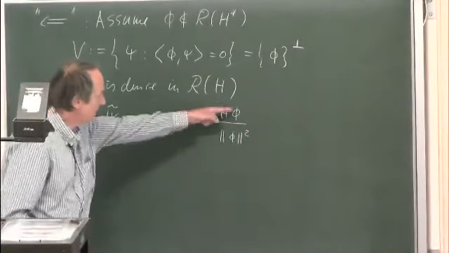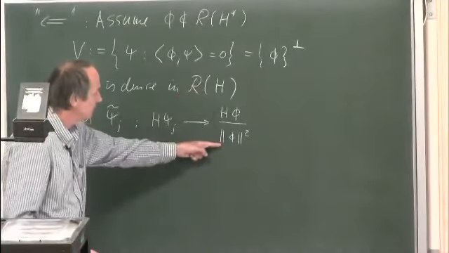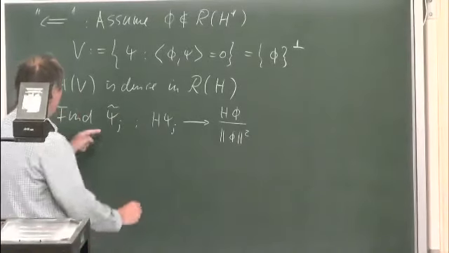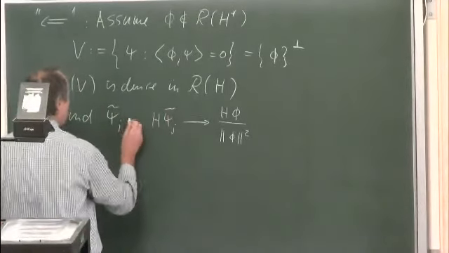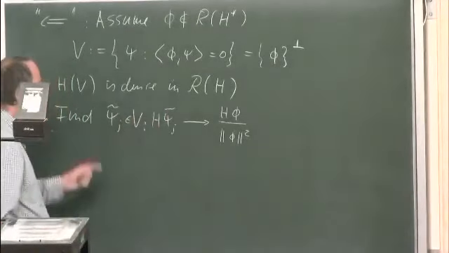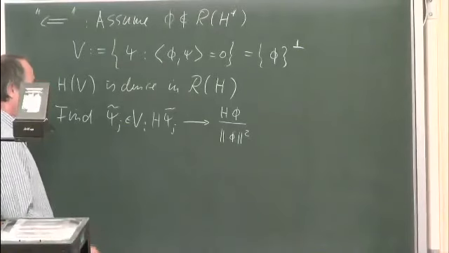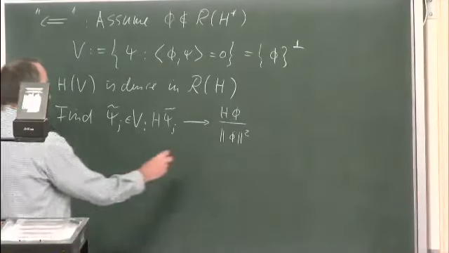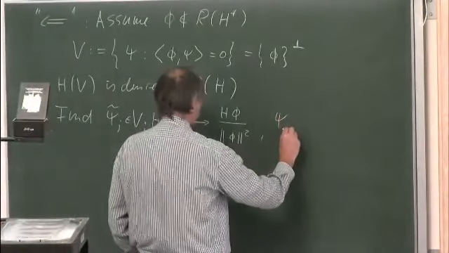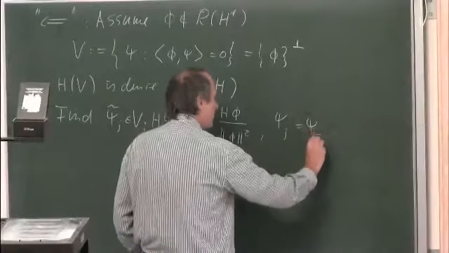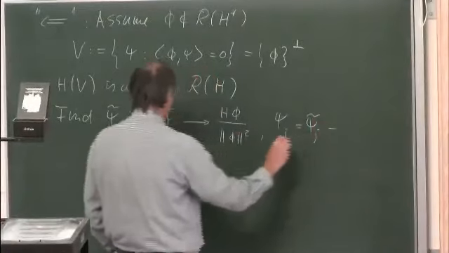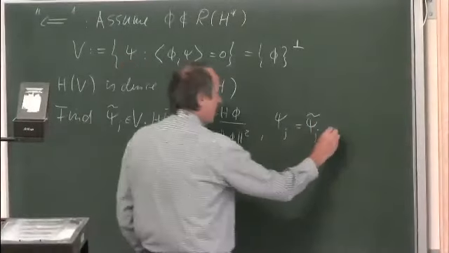So this is in the range of H, and these psi are in V. So by this. Okay, and now you set psi j tilde, or say minus here, plus